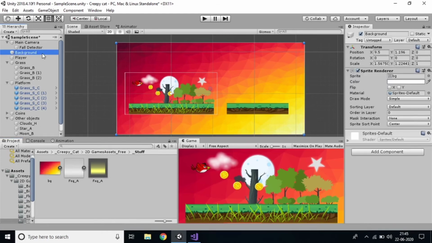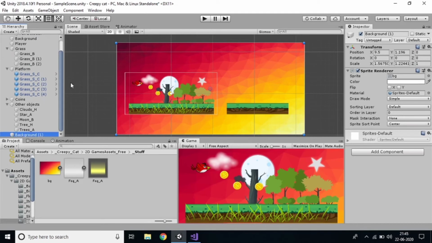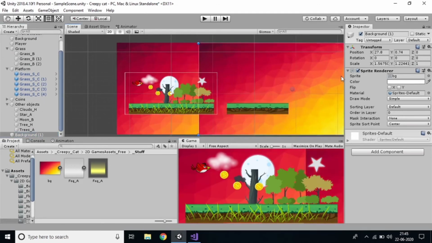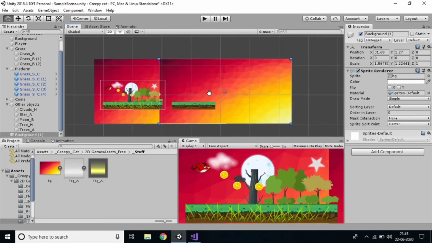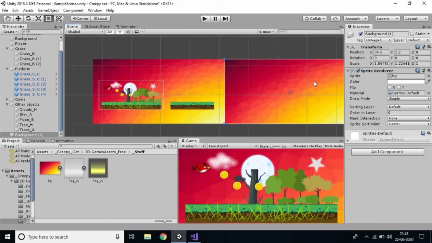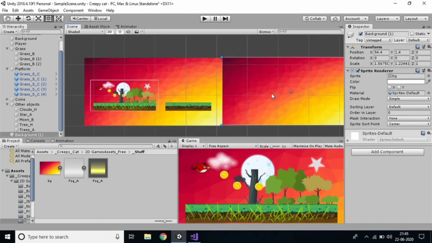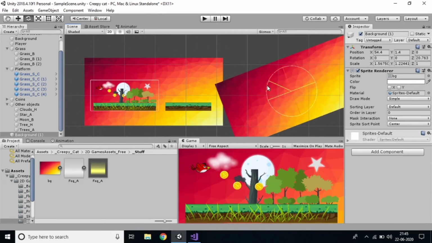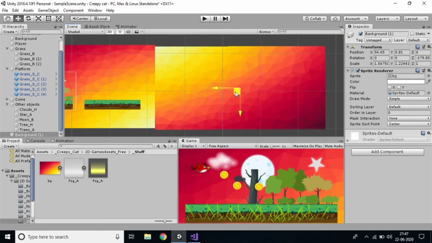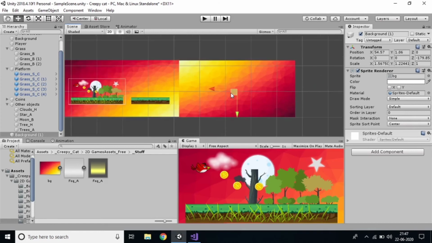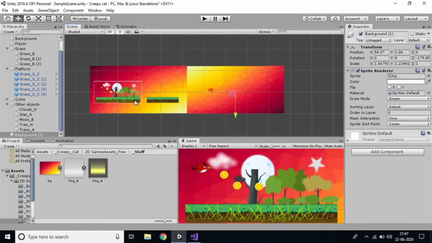Just copy this one and paste here, and move the background so it's attaching both. By using the rotate tool, rotate this background and keep it aside. Yes, we're done. It's not bad and not good also.